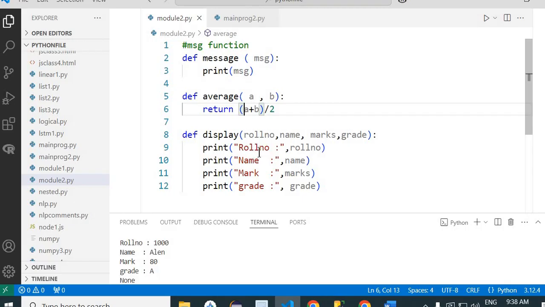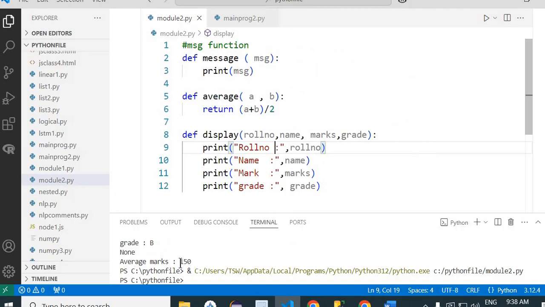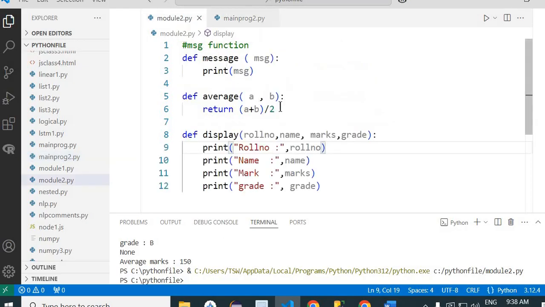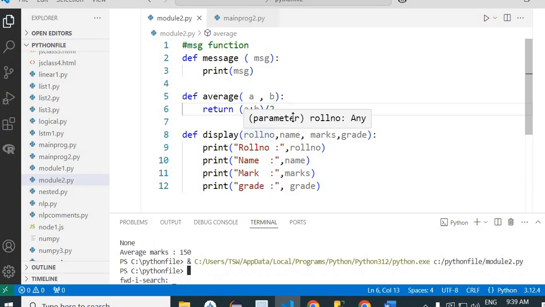So now one more time I'll have to execute it and see the output. So what you are getting, average marks, it is A plus B. So the average marks is coming, what is it coming? It should come 80 plus 70, 150 divided by 2, it should be 75. So change that please, because whatever value you are giving, it did not give you that thing. So let us change it and